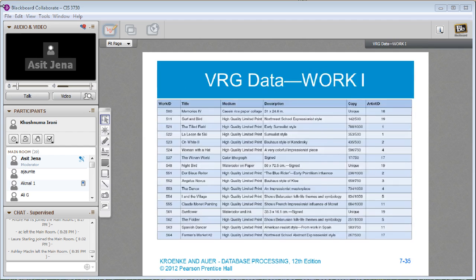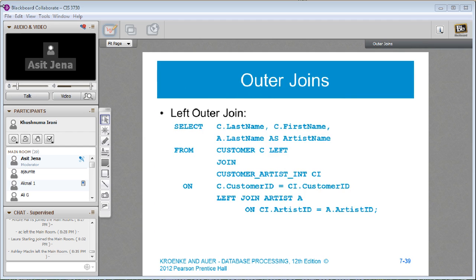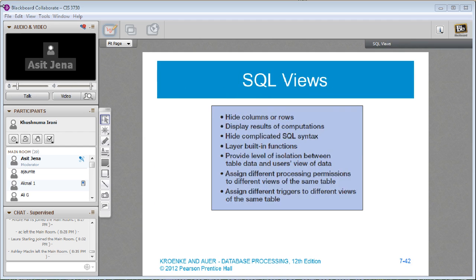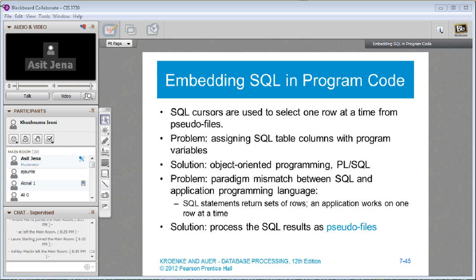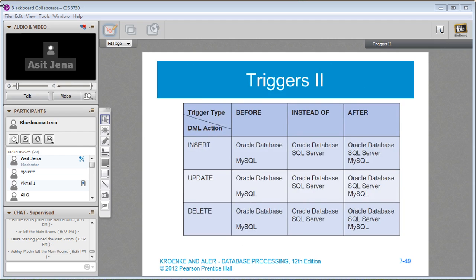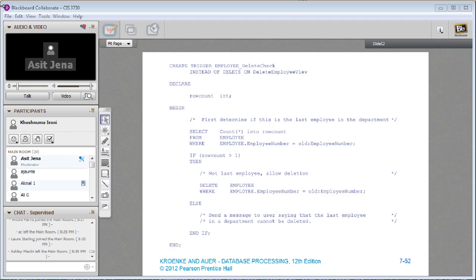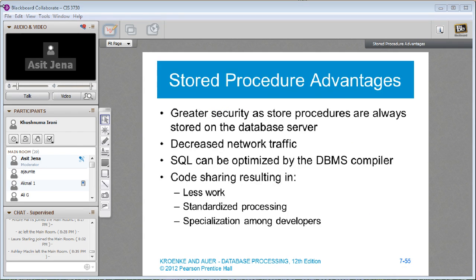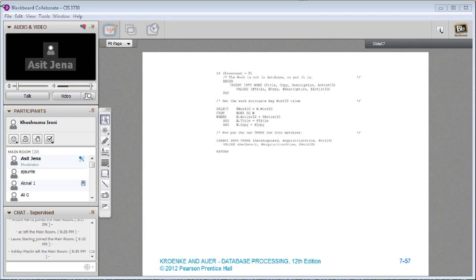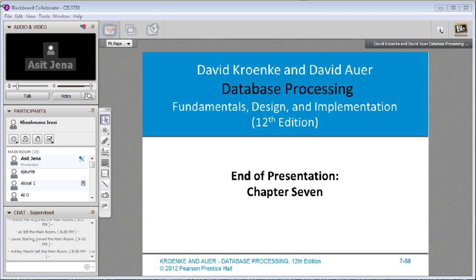And you should know some basic things regarding stored procedures, triggers, and views. That's pretty much this particular chapter. And things as I said, the things I gloss over are the things I don't think is that important, and I'm not going to ask you anything on the test on that.